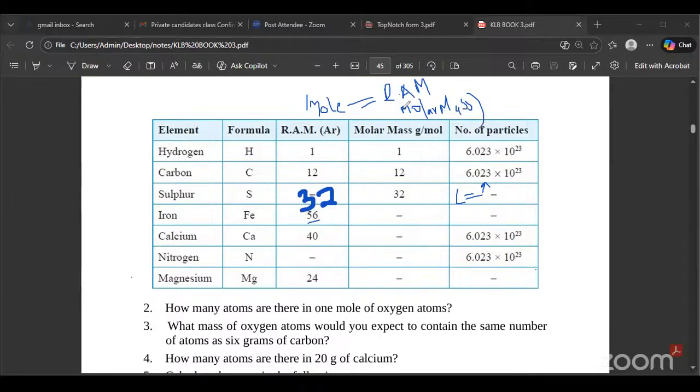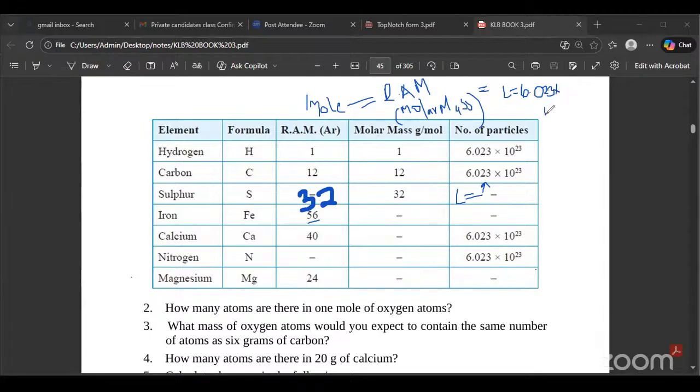It's equal to the molar mass. And that mole has how many particles? It has the particles L. And L is equal to 6.023